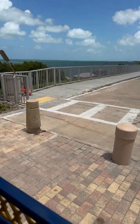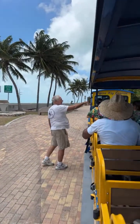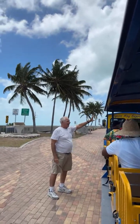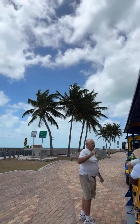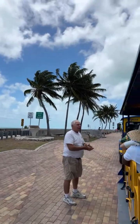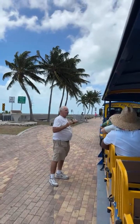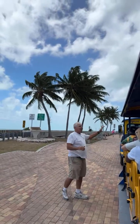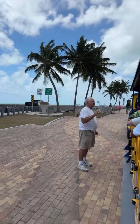As we head out to the historic train bridge towards Pigeon Key, on my right, we're here on the Gulf of Florida. There are small islands out in the distance, a lot of them off to my right. These are part of the largest bird sanctuary in North America. It's called the Great Heron National Wildlife Sanctuary. It goes all the way from Key West to the mainland, all over on the Gulf side. And these little islands are where all seabirds build their nests, raise their little chicks safely,